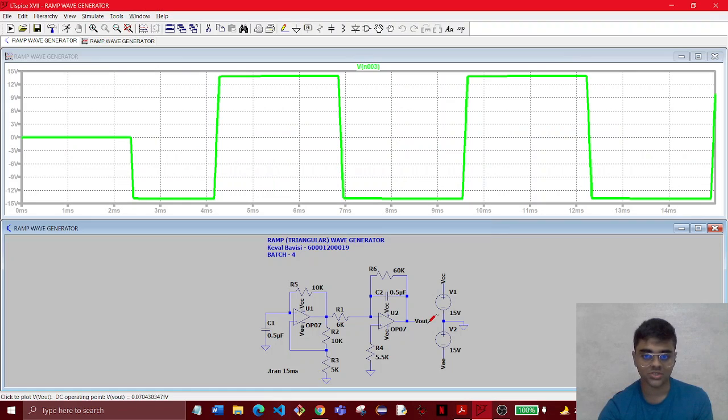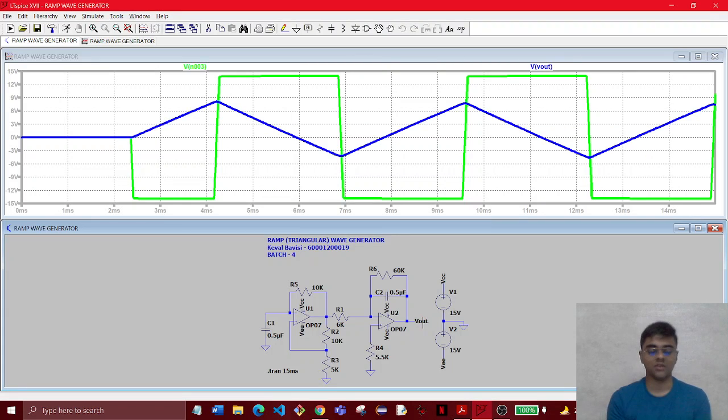And we can also check the V out. This is the final V out that we were expecting, and it is like this. When it's a negative Vsat, that is when the capacitor is discharging, we get a positive ramp. And when the capacitor is charging, that is a positive Vsat, which is in sync with the green waveform, we get a negative ramp over here. So the output is correct.